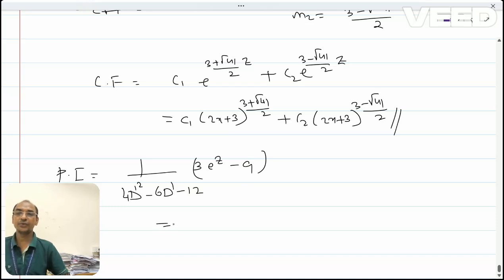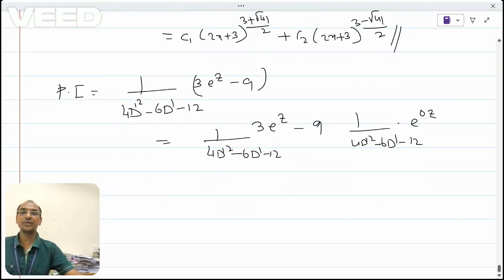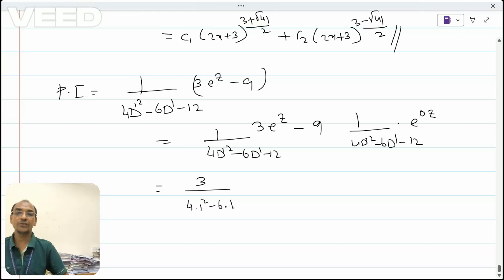We can write it this way: 1 by (4D' square minus 6D' minus 12), 3 into e to the power z, minus 9 into e to the power 0z. And so finally what you will get: 3 divided by (4 into 1 square minus 6 into 1 minus 12) into e to the power z